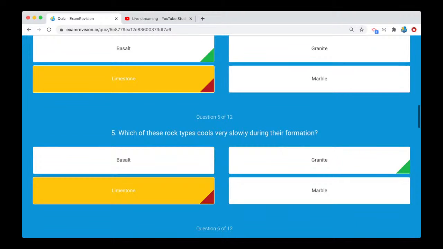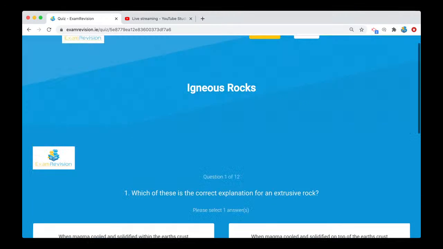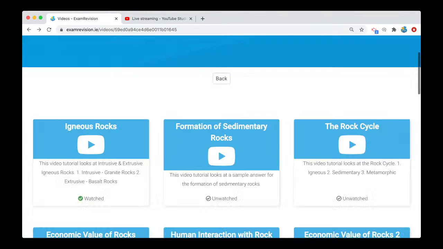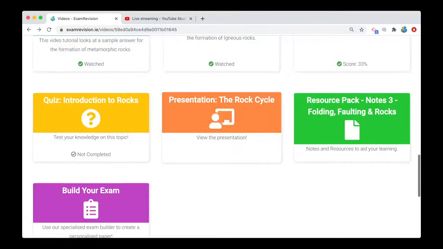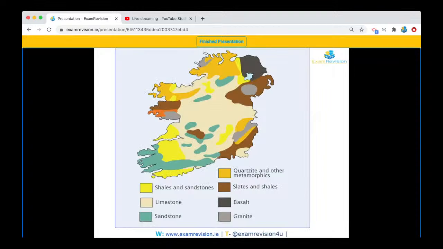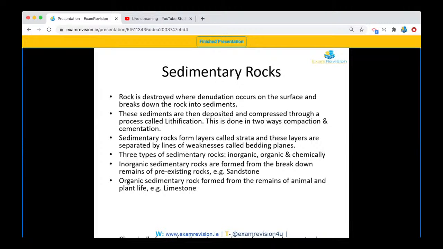And what I can do then is start over and take the quiz again, or I can go back and do another quiz if I want, or I can also look at the PowerPoint presentation. Within here I open up this, I've got the PowerPoint presentation, so you can get the notes. If you're a teacher, you can use the PowerPoint presentation. If you're a student, you can make your own notes from the